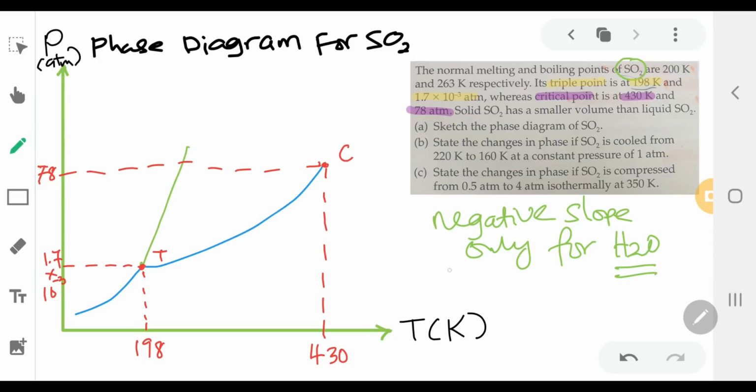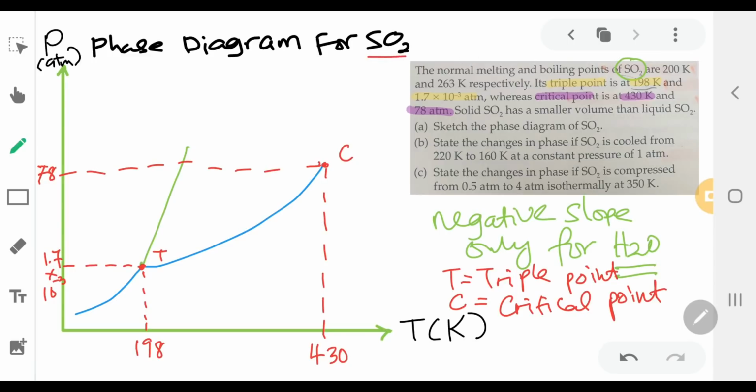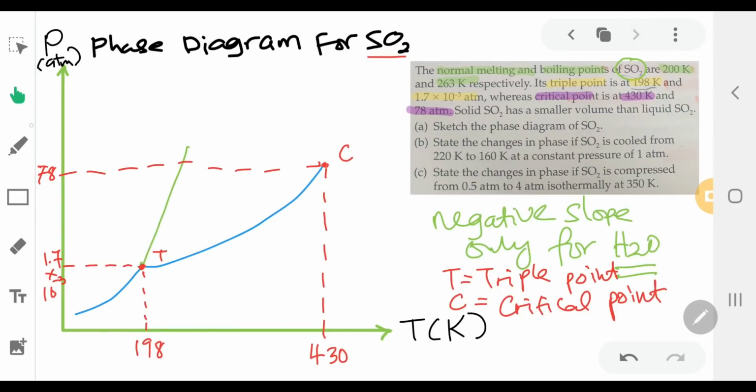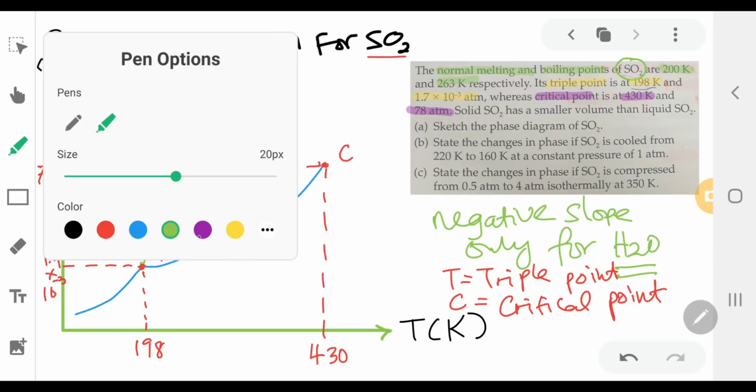Remember, always label what you mean by T. T over here refers to your triple point, and C refers to your critical point. The other two things we need to identify or put in your phase diagram for sulfur dioxide are the normal melting point and boiling point. That is the temperature of 200 Kelvin for melting point and 263 Kelvin for your boiling point. Like we talked about just now, when they say normal, that refers to pressure equals 1.0 atmospheric pressure. And we can start doing this,